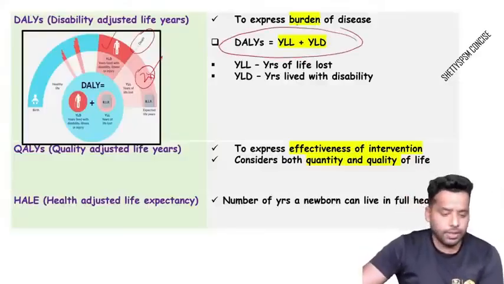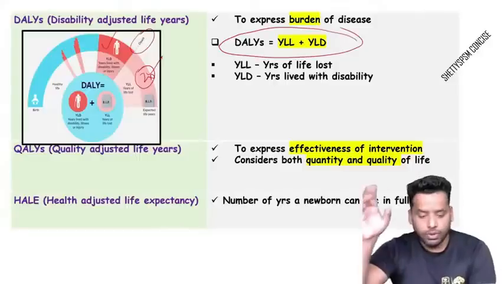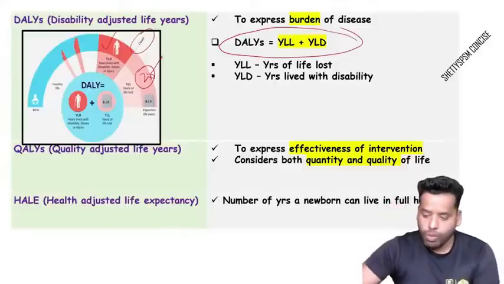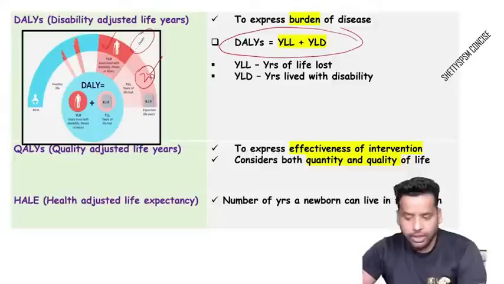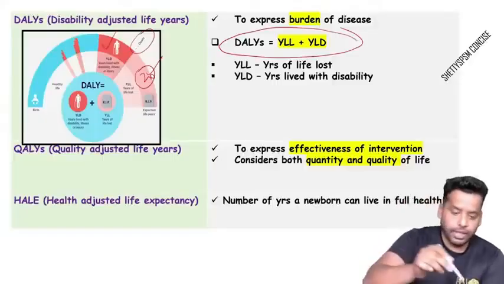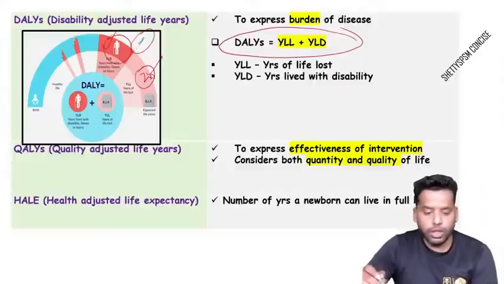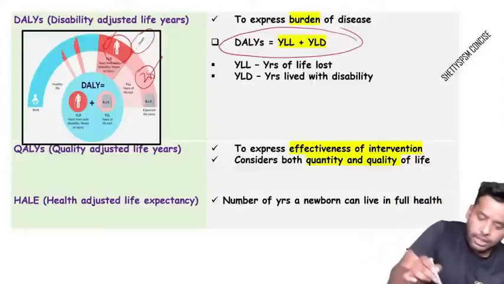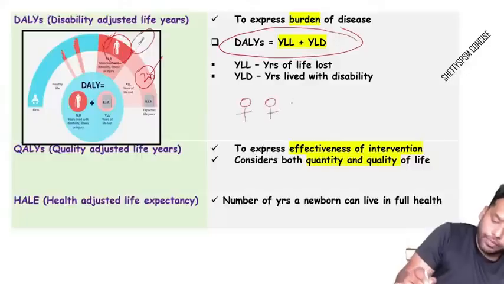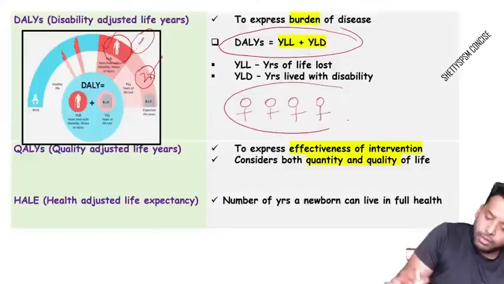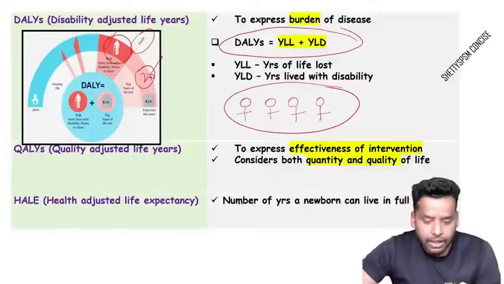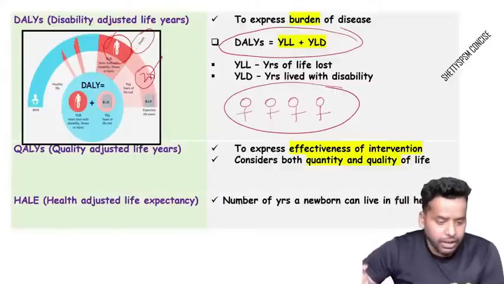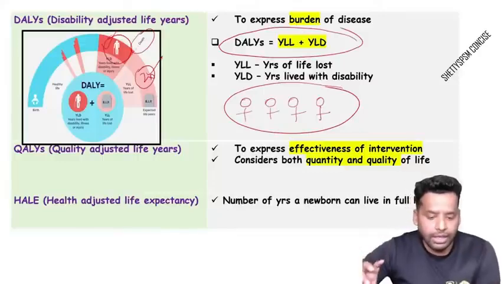What is the formula for DALYs? Type it in the chat box. YLL plus YLD. YLL plus YLD. So this will indicate DALYs for this individual. In the same way, we count so many individuals with arthritis. What are the two parameters we consider? YLL and YLD. Based on mortality and disability pattern, DALYs will include both mortality and disability